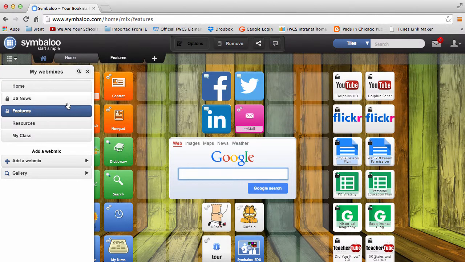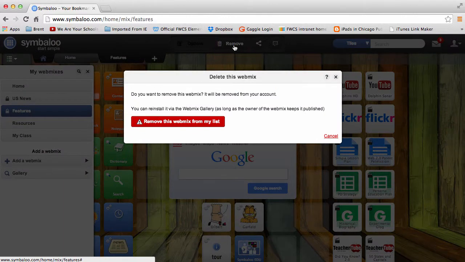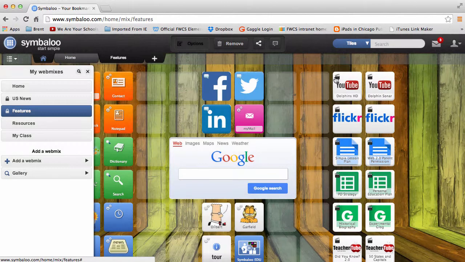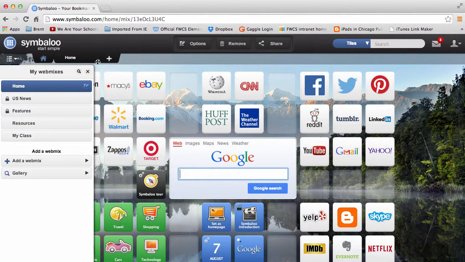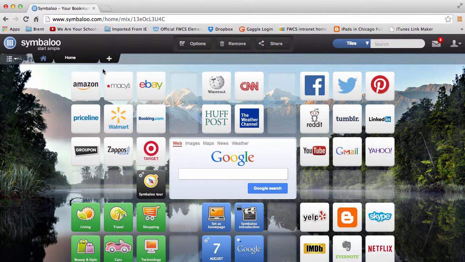For our purposes, we're going to keep them all hidden, but if you want to actually delete one, simply highlight the tab, then click the Remove button. You'll be warned that you cannot undo the remove. Click the red button to delete the tab. Alright, I'm going to go ahead and hide that. Now I have one tab left here, my Home tab. I can't hide or delete that until I create a new one because you always have to have one web